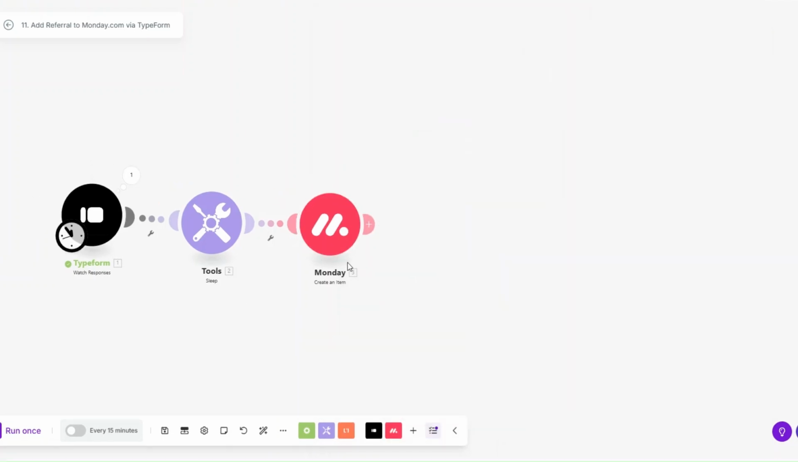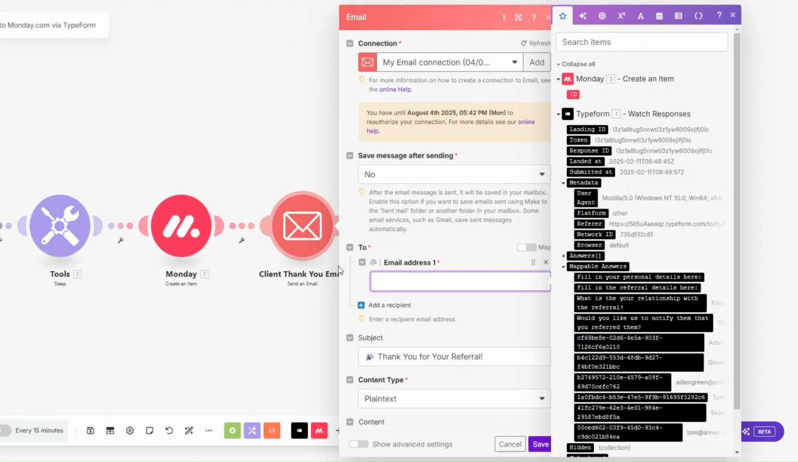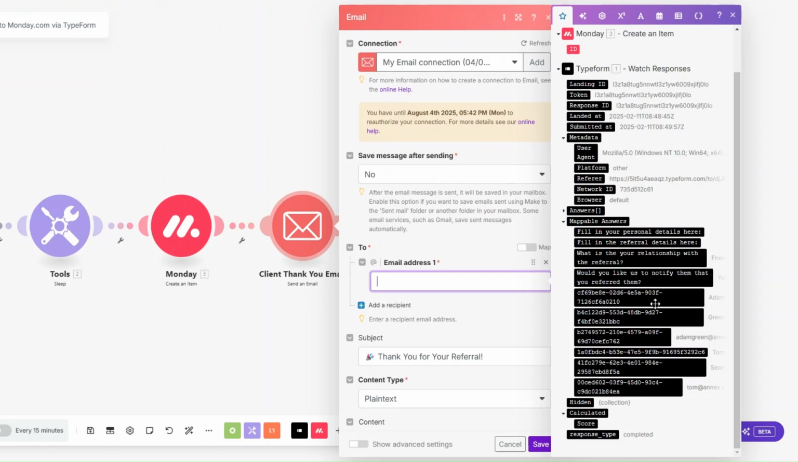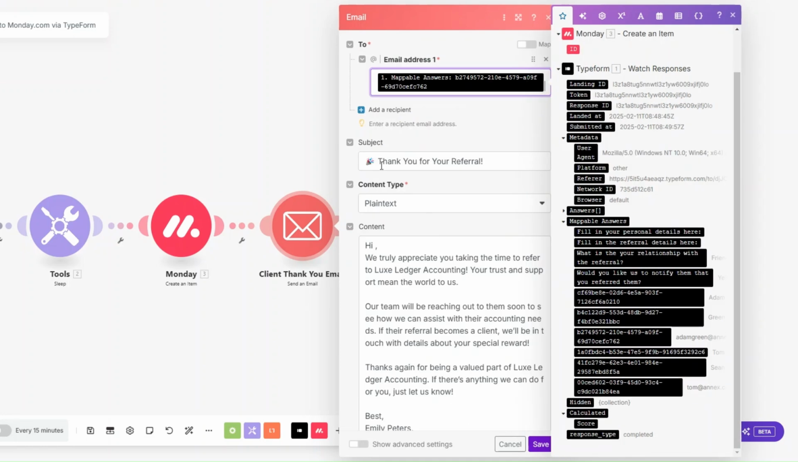Now, after adding the referral to our board on Monday, we can send a thank you email to the client. We rename our email module to client thank you email. And here we're going to add the client's email address, which will be Adam Green. The subject line of this email could be along the lines of thank you for your referral. Content type we're going to choose plain text, and the content of this email could be along the lines of